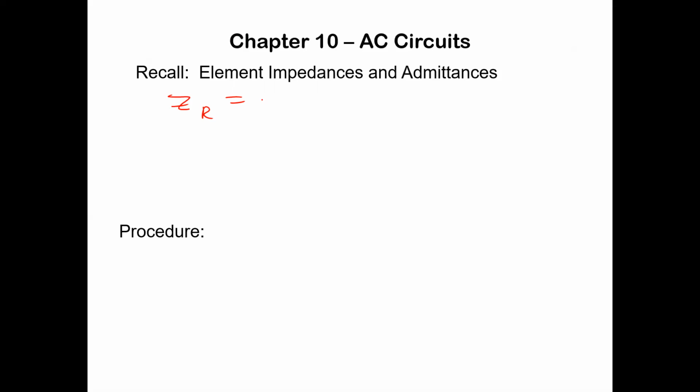R. It's just R. That was the easy one. The impedance of an inductor is J omega L, or omega L with a phase shift of 90 degrees. The impedance of a capacitor is 1 over J omega C,